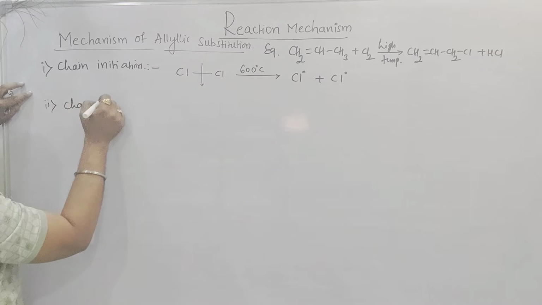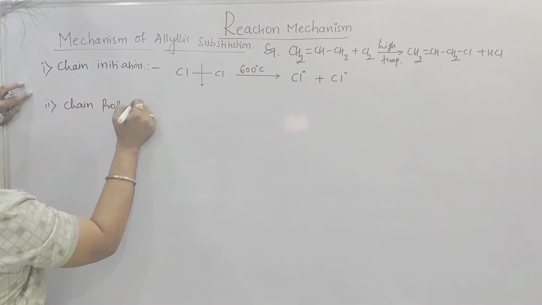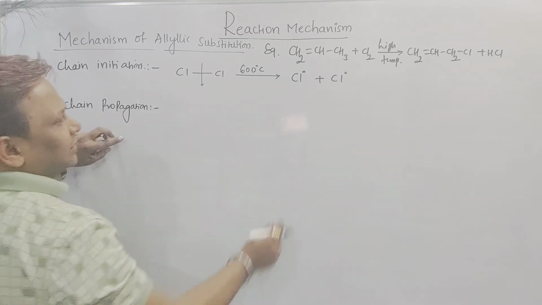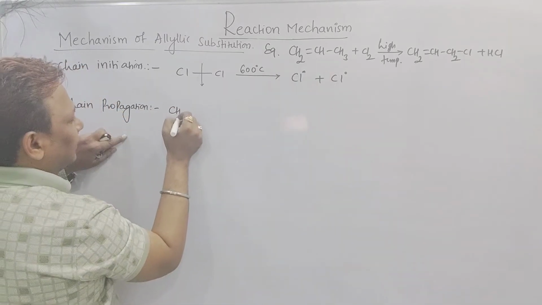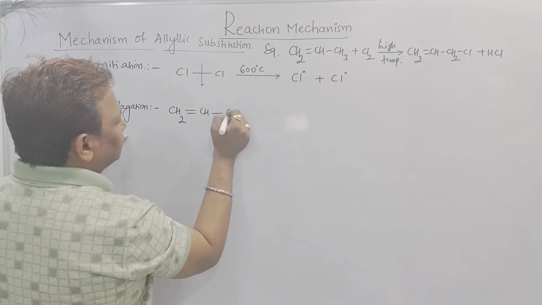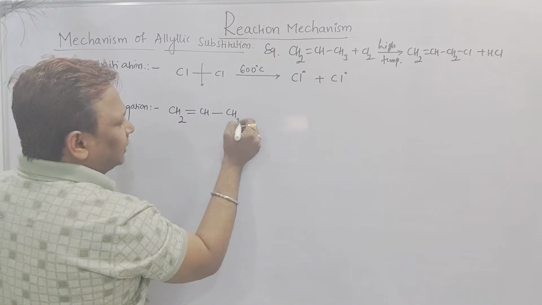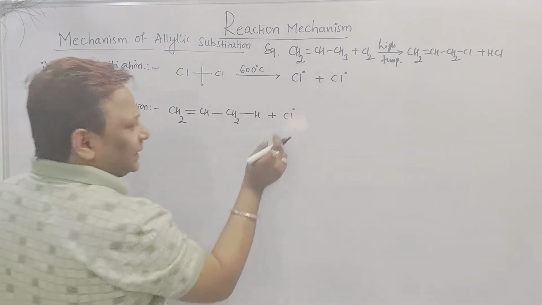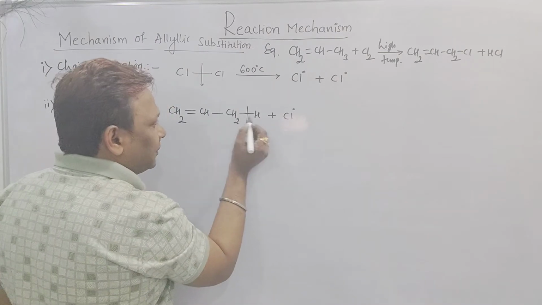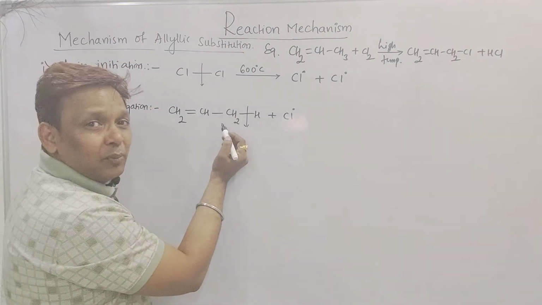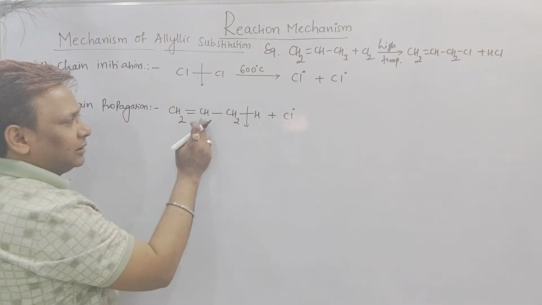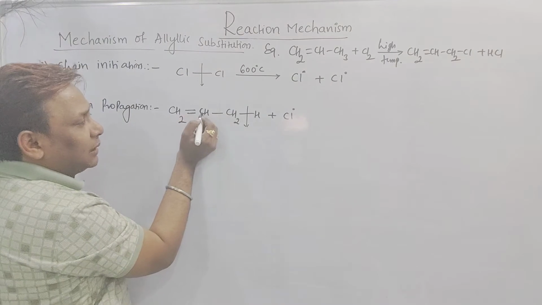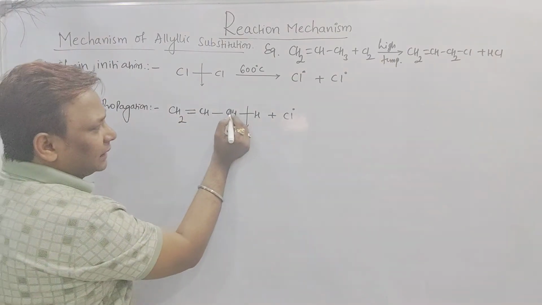But what is the second step? Sir, it is called chain propagation. One is initiation, the other is propagation. In propagation, whatever reagents are there, we should write here CH2=CH-CH3. This CH3 can be written this way, and the Cl radical will attack it. But why will this Cl radical attack only this carbon hydrogen? Because it is going to form a more stable free radical. Getting a radical on the double-bonded carbon is highly unstable, so getting the radical on this carbon is more stable.